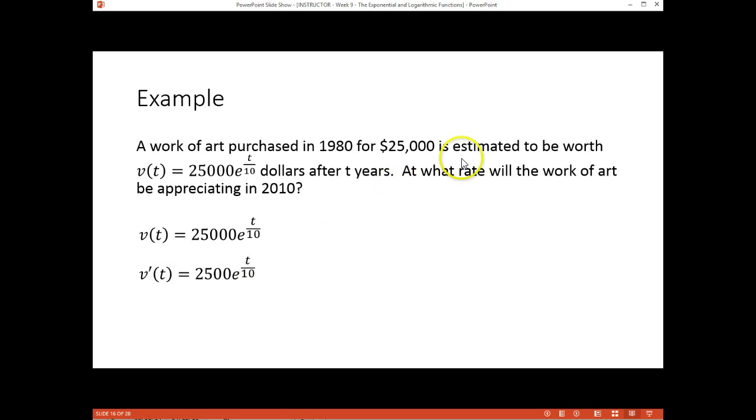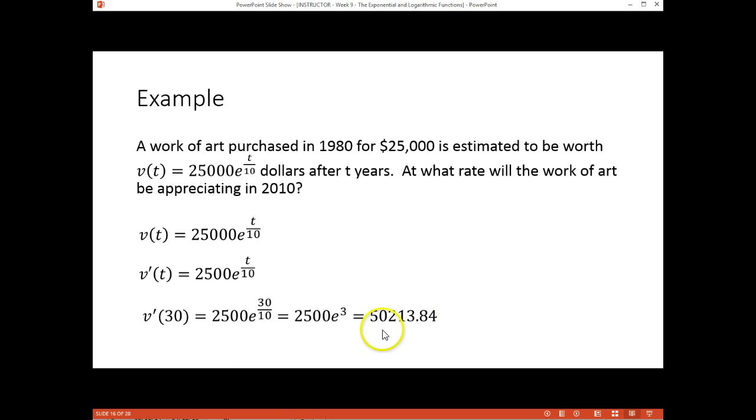Now they want to know at what rate the artwork will be appreciating in 2010. Well, I started in 1980 and I'm measuring t years after 1980. So I'm measuring 30 years into the future. So I'm going to plug in 30 for t. I'm going to get 30 over 10, which just gives me 3. So I'm going to have 2,500 e cubed. So I wind up with